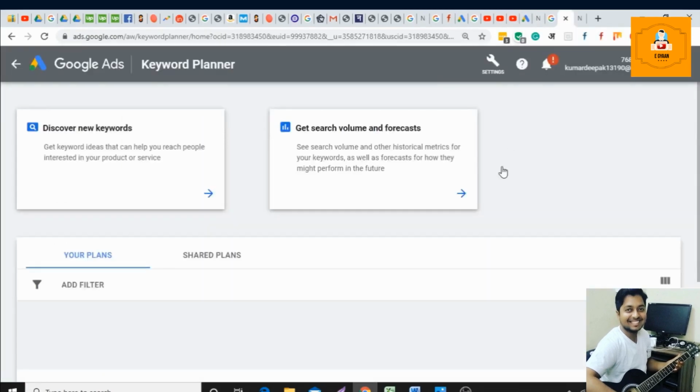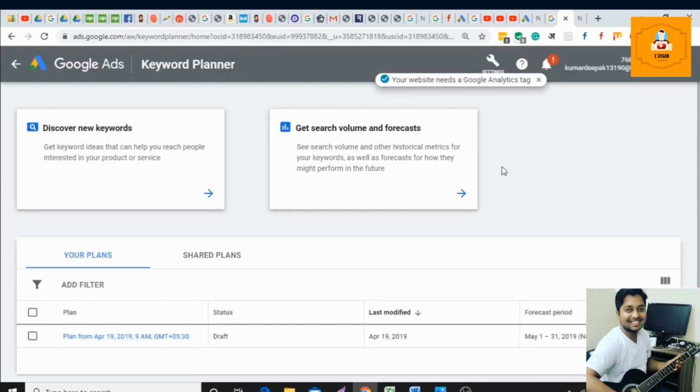There are different keyword planners and keyword search tools available on the internet. Google Keyword Planner is a free tool by Google, and if you cannot afford a paid one, you can use Keyword Planner. Keyword Planner is a sufficient tool. A lot of bloggers use Keyword Planner for their keyword research.